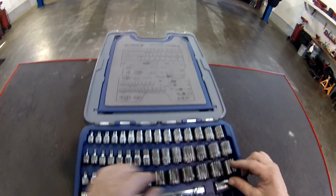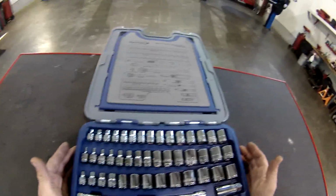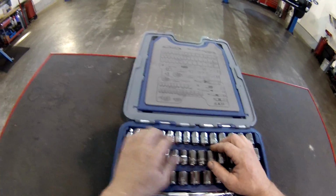Metric, these are metric. And we got fractional down here. Those are all 6-point. Now, an interesting thing this kit has, which is kind of strange for one of these kinds of cases, is that it has these